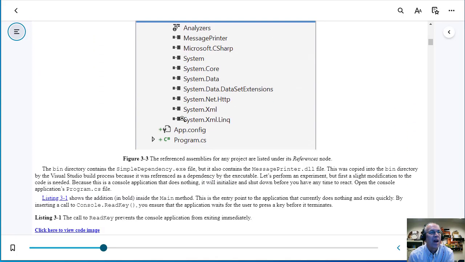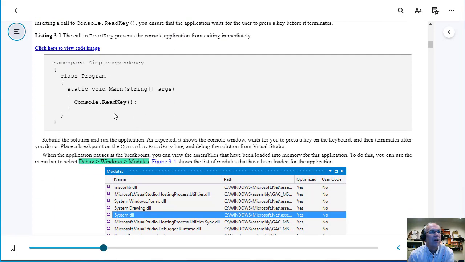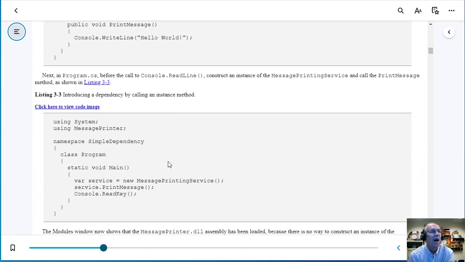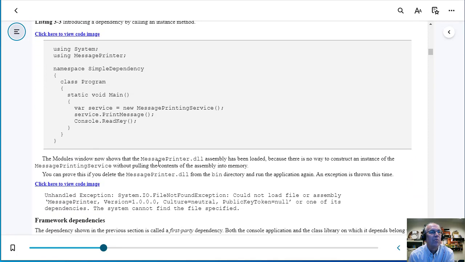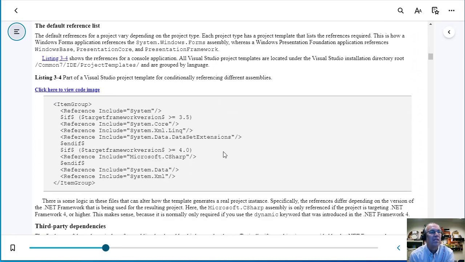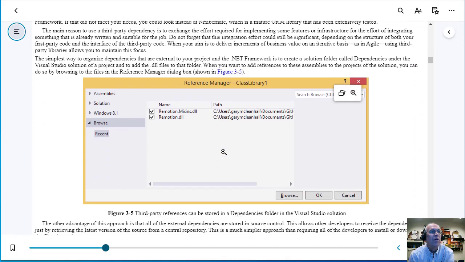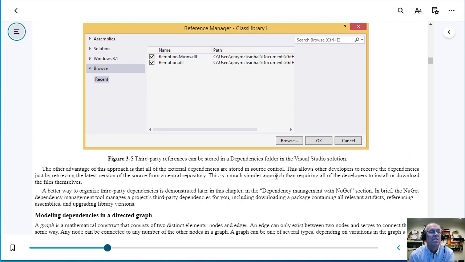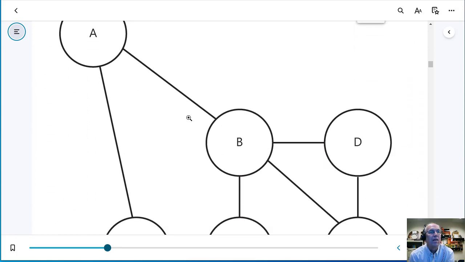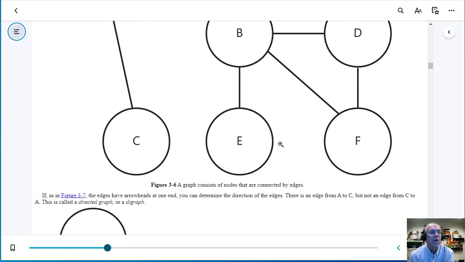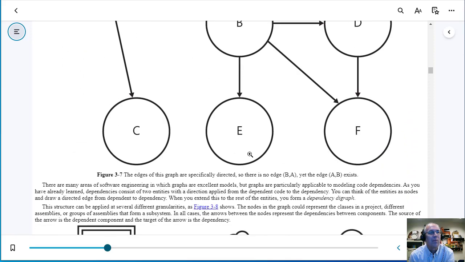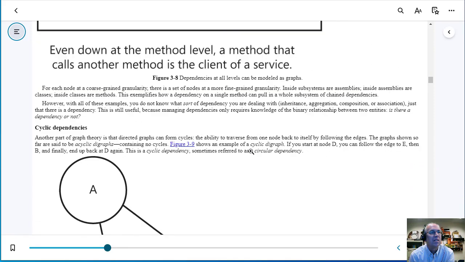We created this console app. We talked about this message passing or message printing service there. And we talked about putting that into a separate library and creating a separate project within our solution for that, and how to set up dependencies so that each one could be compiled separately and tested separately. And then we talked a little bit about these graphs and how we can look at dependencies